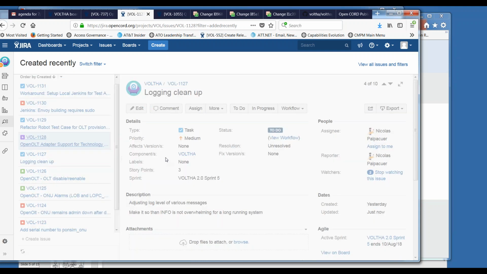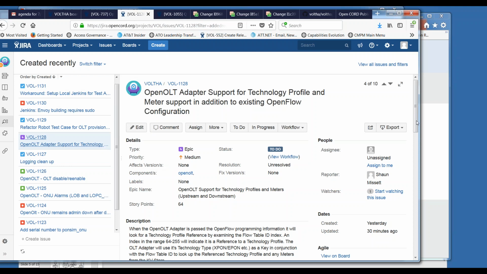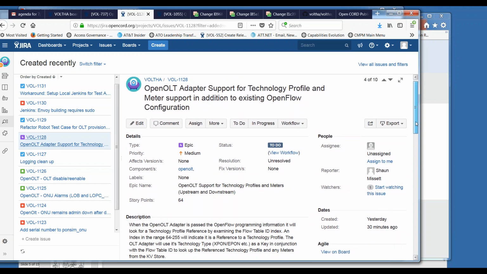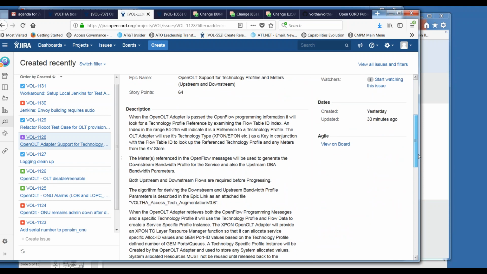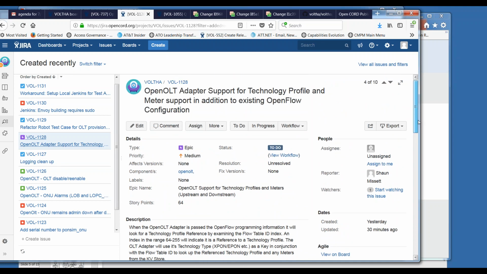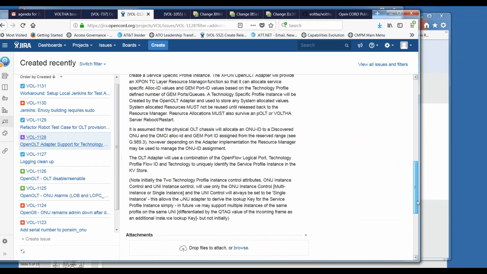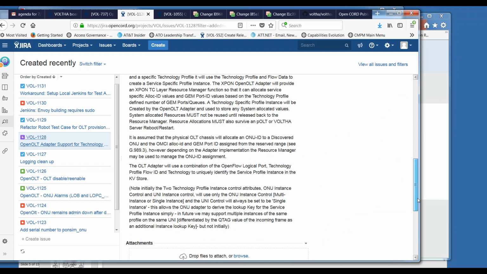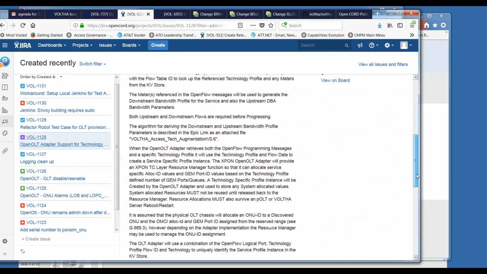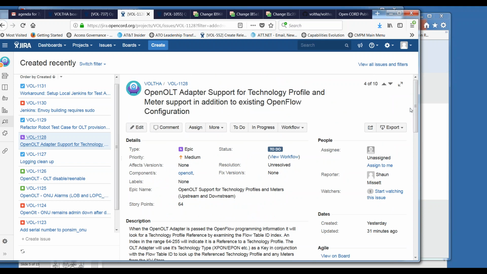Okay, then the next one is 1128. We briefly talked about this earlier today. This is the epic that's replacing the earlier user story, so it can be broken down into more manageable chunks. I do see you updated the story points for this also. So yes, definitely good to break this into multiple stories. Since this was really just a replacement of the other story, we probably don't need any discussion here today, but I'll just open it up quickly for comments or questions if there's anything for Sean.